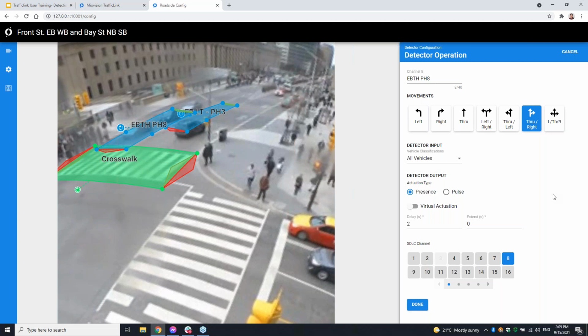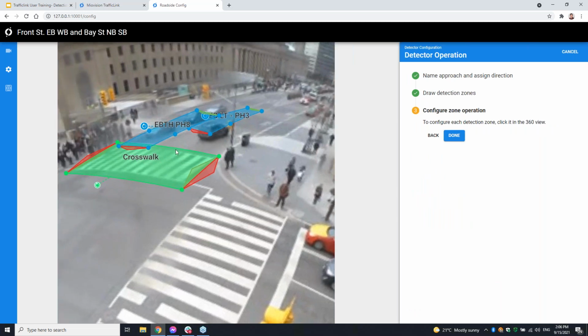So when I think of phase 1, I think of channel 1. But obviously, you could have way more complex designs. You can have multiple channels to the same phase on the traffic controller, so you can program all of that accordingly on our side. When you're in a basic 4-phased intersection, I often think of it as a 1-to-1 channel design. But in any case, that zone is configured and we hit done again.